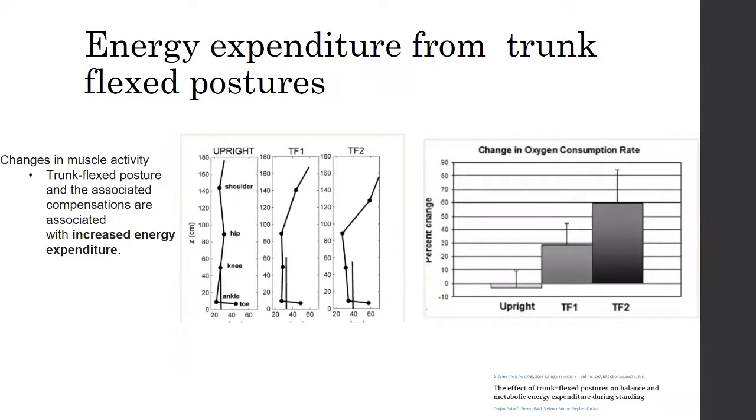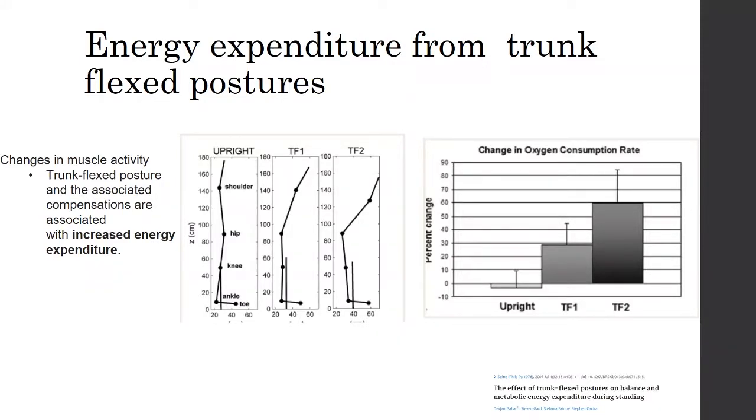The energy expenditure from this trunk flexed posture has also been described and investigated using increases in oxygen consumption rate. From this paper in 2007, healthy participants assumed a trunk flexed posture, further and further over, as seen in TF1 as well as TF2. There is a notable increase in the oxygen consumption rate that these individuals must utilize even for this short 5 to 10 minute flexion posturing that they took on for this study. And when you think about that for patients who are forced to be in these sorts of positions somewhat permanently,